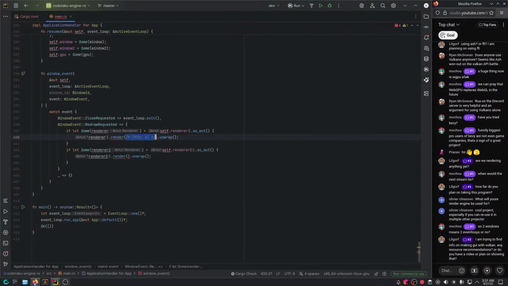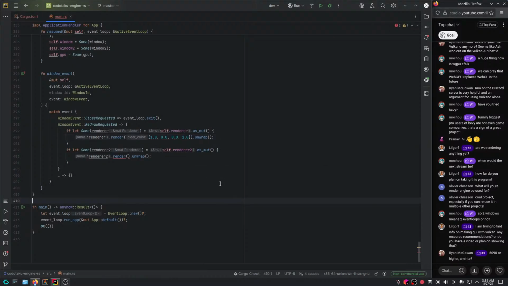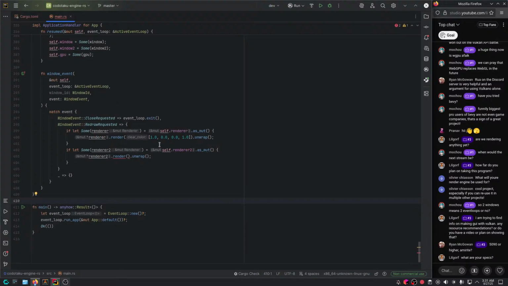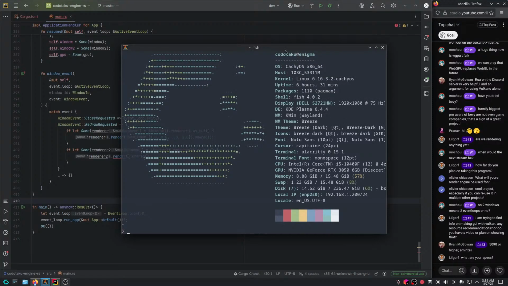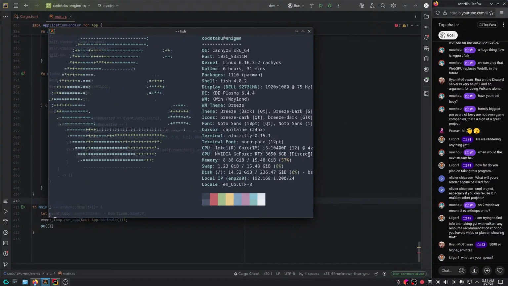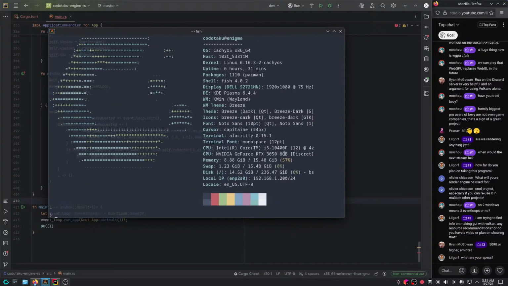So here I could basically give, let's say this. 1590 or higher? Nah, just mine and higher. I don't have a crazy GPU. I just have a 3050, RTX 3050, 6 gigabyte.